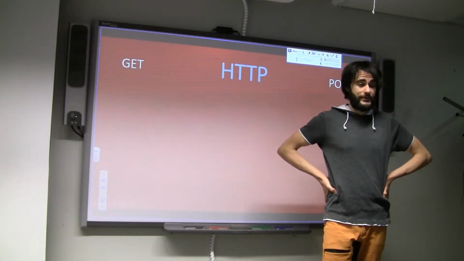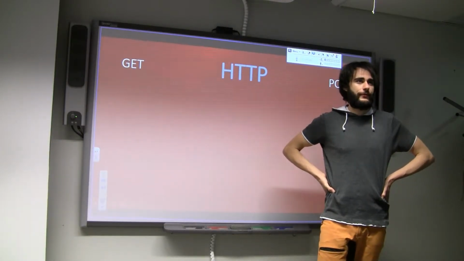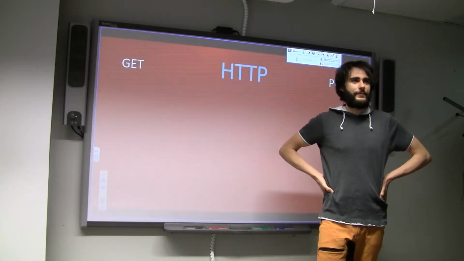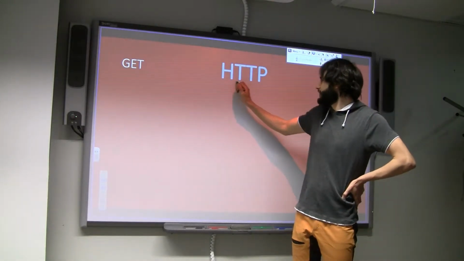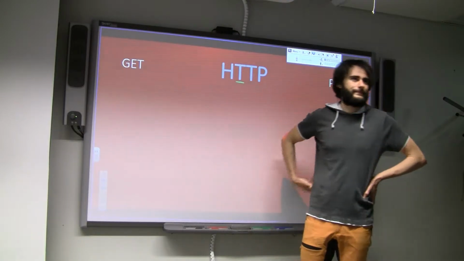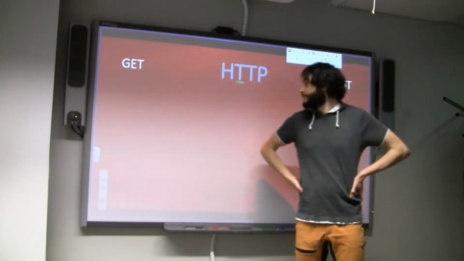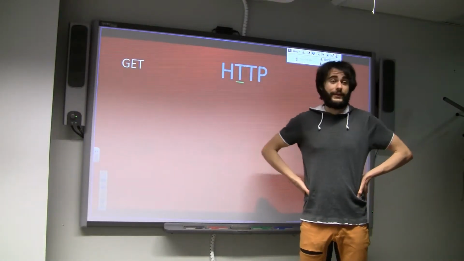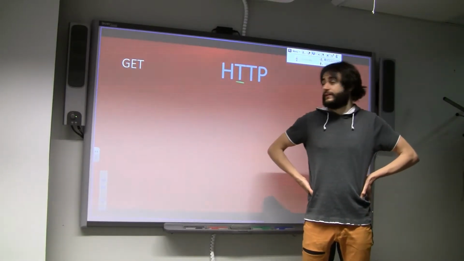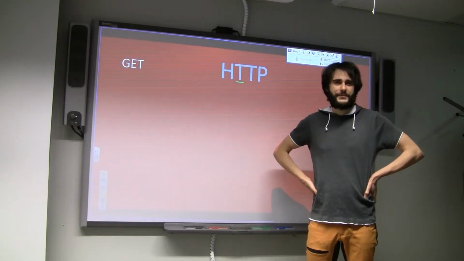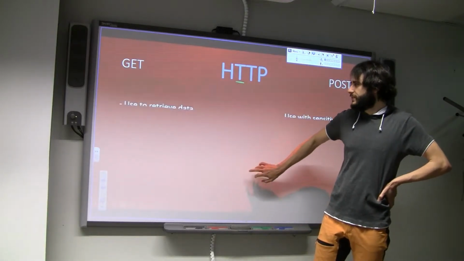And talking to the server is done using HTTP. HTTP stands for Hypertext Transfer Protocol. The key word here is text. Now, there are two methods to send this text to the server and to get results back from the server. Usually, there are these HTTP request types, the GET request type and the POST request type. Each of these has some kind of